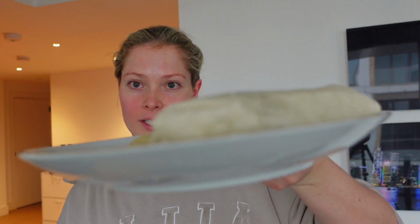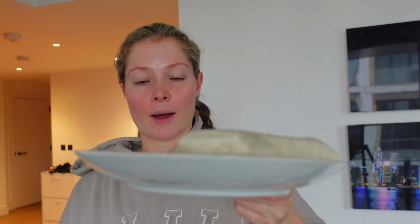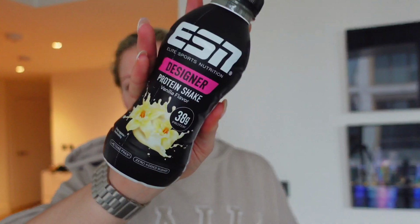So I've just finished prepping the lunch, so I've cooked a little bit of the chicken and the rest of the chicken is marinating in the fridge. This is what it looks like, just like a really basic wrap, nothing special. And then with it, I'm also gonna have this